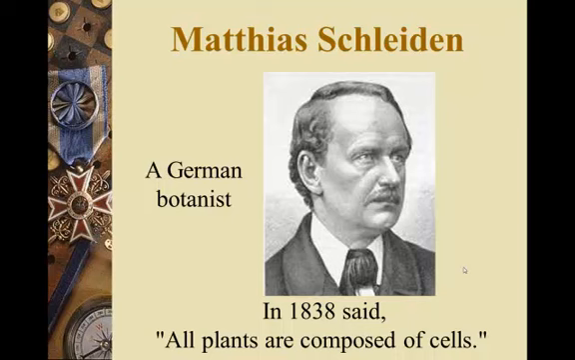There are 2 German scientists that are also very important in the formation of the cell theory. And this is one of them, Matthias Schleiden. He's a German botanist. So if he's a botanist, what did he deal with? What was he studying? He was studying plants. So in 1838, so that's a long time from the first publication of the Micrographia in 1665,